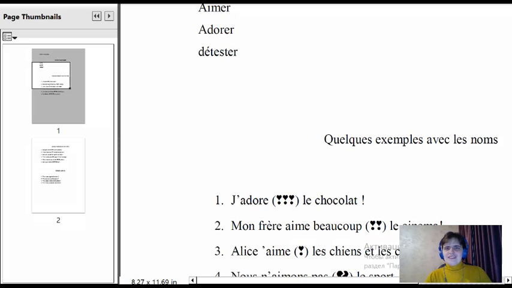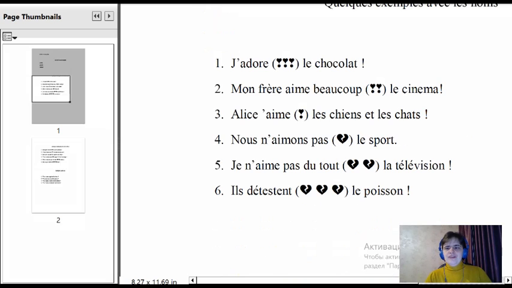Now let's look at some negatives. How do we say what we don't like? Nous n'aimons pas le sport. We don't like sports. Only 1 broken heart here, just stating the fact. When we want to say that we don't like something at all, absolutely,